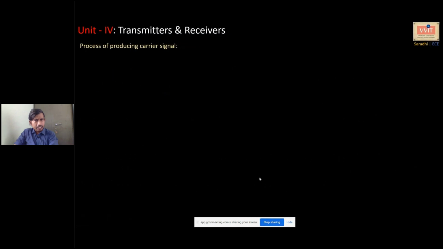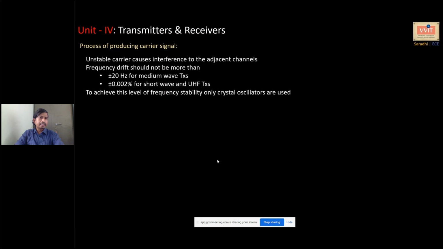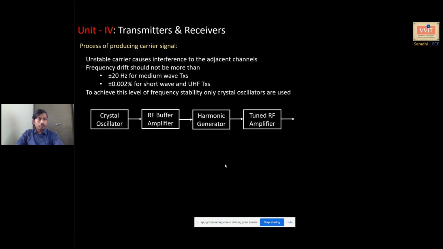We will see that, but first of all, we need a carrier to perform wireless transmission via space. We need to modulate the signal, you know all the reasons. And to perform any modulation, we need a carrier. But how to generate this carrier? You may think a simple circuit in your lab can generate frequencies of any value, but those circuits cannot be used here because of instability problems of the carrier generators. An unstable carrier causes interference to adjacent channels.